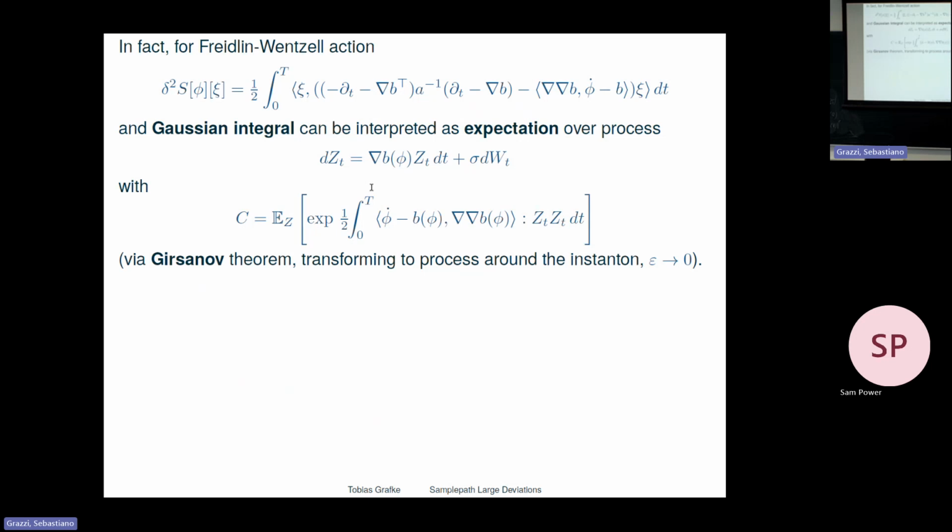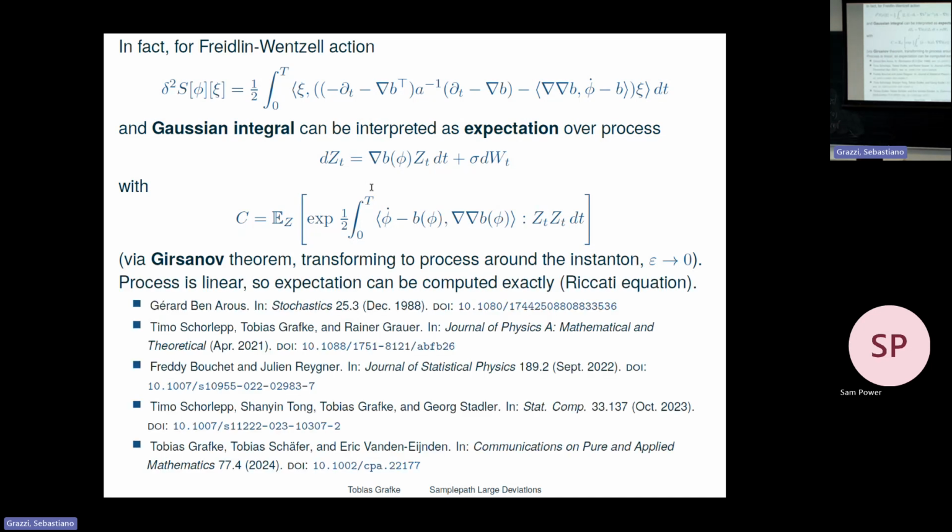So all I need to do is sample this linear process and compute this expectation, but I promised you sample free. I mean, this would be a valid importance sampling scheme if you want, because all I'm saying is recenter to the instanton. But this is a linear process. This is a quadratic observable. This can be solved on paper. You don't need to sample this. This is easy, but I don't think I will show it.